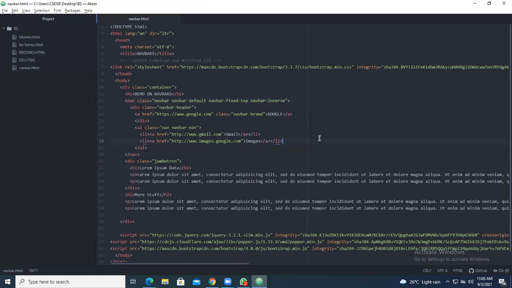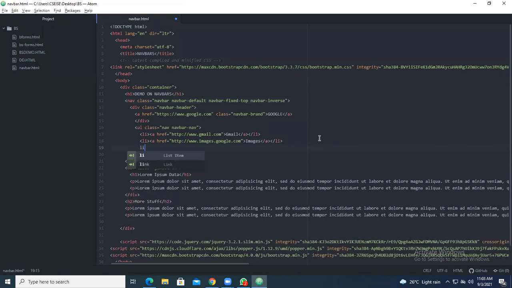In order to create a number of items, I can again take a list, I take a reference, and under reference you can go with a Google Classroom. Under that, you have to give the link.